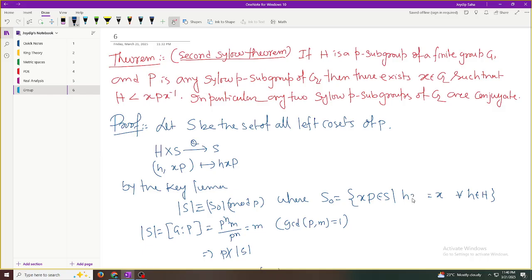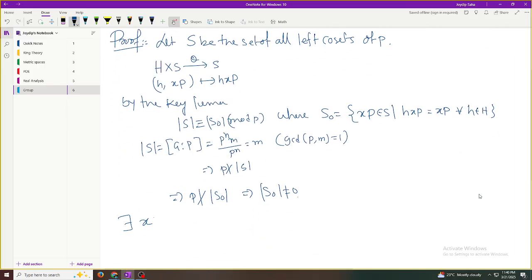XP belongs to H, XP is XP. Okay. Now XP belongs to S0 because it is not 0, so there exists XP belongs to S0. This implies H XP equals XP. So for all H belongs to H, this implies